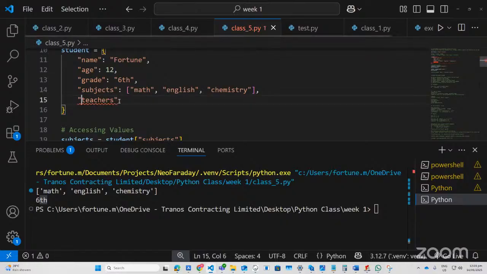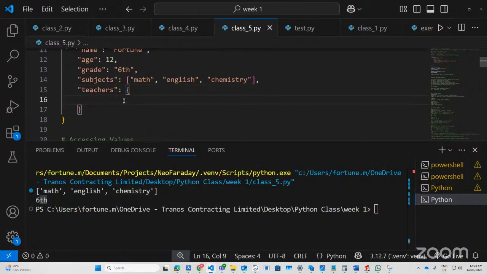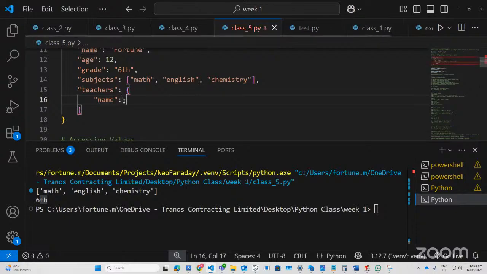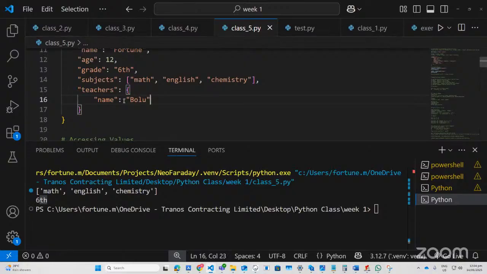His teachers, and then you have a dictionary, right? Then the name of the teacher, the first teacher, let me just put name. Name is Bolu. Then the age of this teacher is